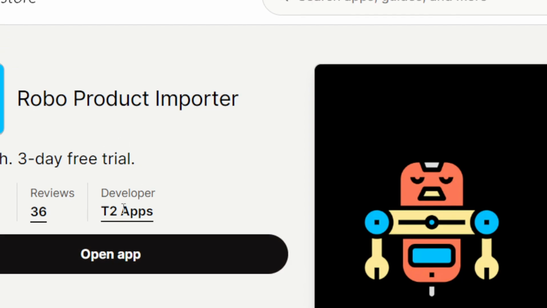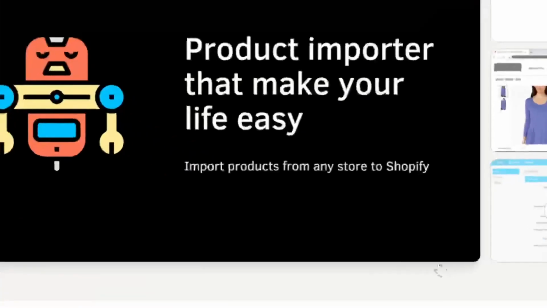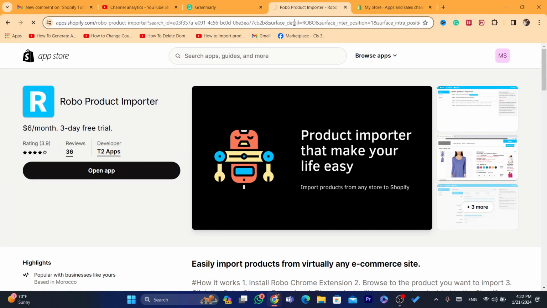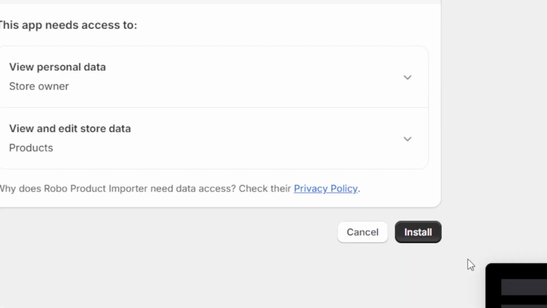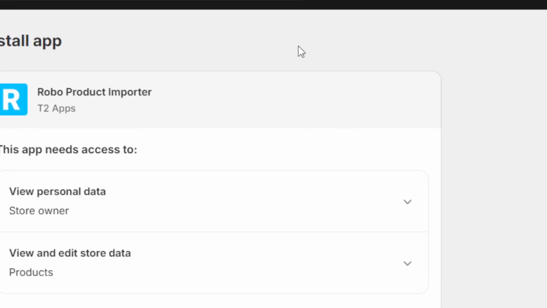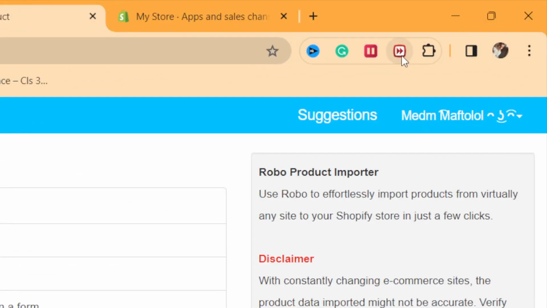Now for you will have to click on install, and it will take you to another page, and click again on install. It will be here, okay? Now after that, this is how the app looks like. Okay, like I said, you just need to click on install here, and after that, it says here, install our free Chrome extension. Now this extension helps you guys so that you can go to any website, and you will find in the top here, you will find the extension, and if you click on it, it will say there